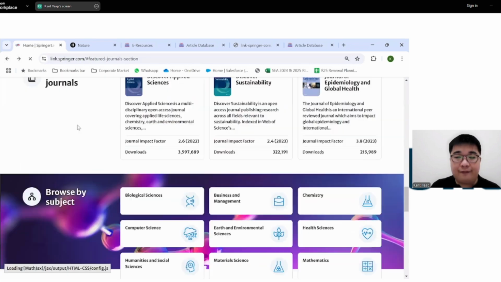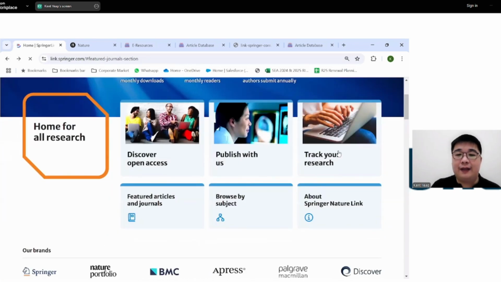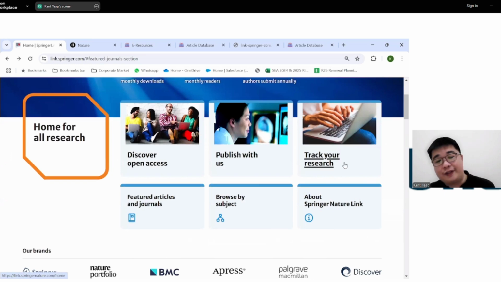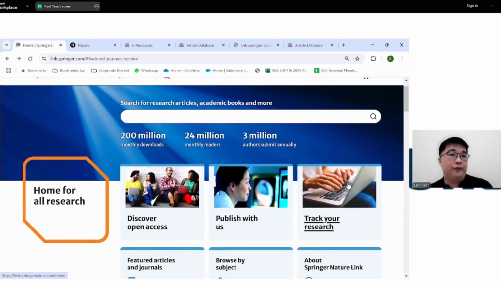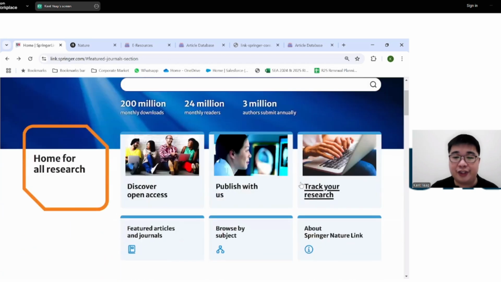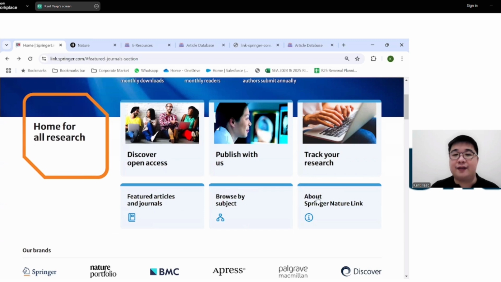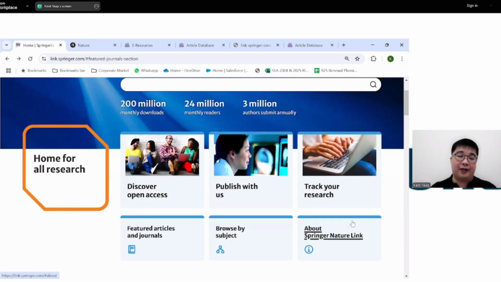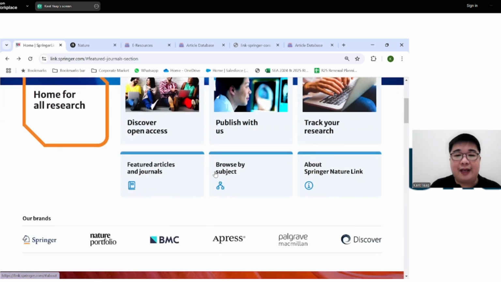Going back to the Springer Nature link, there's also this button for tracking your research. So like I said, if you already submitted something in the past and you want to keep track of that submission, it could be because you're still halfway through your peer review process, you can click on this, but you would need to then sign into your own personal profile that I mentioned earlier. So all of that is obviously about publishing, or the front side. But what about searching for content? And that will be emphasized by these three lower tabs here.